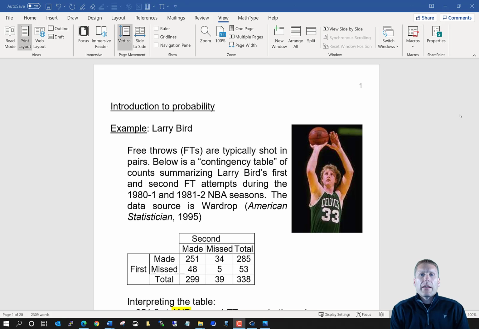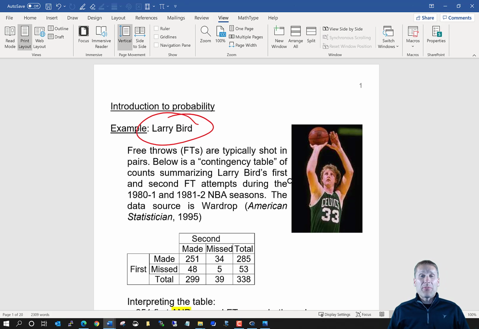In this next section, we're going to be talking about probability. And we're going to begin with an introduction to the basics of probability that will help set you up for success later. And to begin here, we are going to talk about one of my favorite basketball players ever, Larry